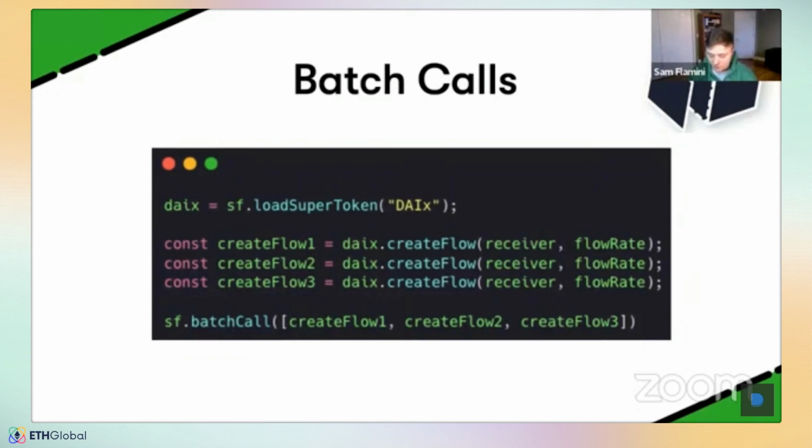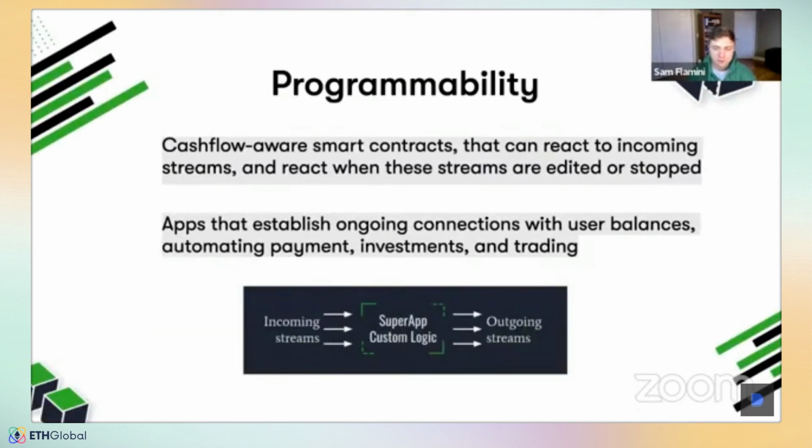And on the side of programmability, there are other things that you can do with Superfluid that are even beyond just the simple money streaming or distribution stuff. You can do things like create super apps, okay? A super app is a smart contract that is aware of everything that's going on in the broader Superfluid protocol, that can do things like react to incoming money streaming and cash flows. So if I have a super app, I could build a smart contract that can run a hook every time it receives a new money stream, right?